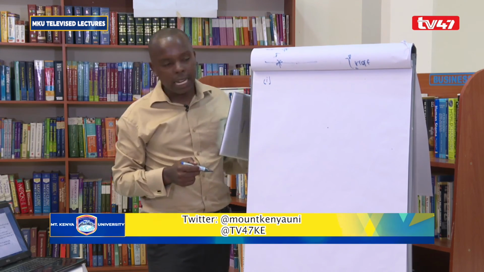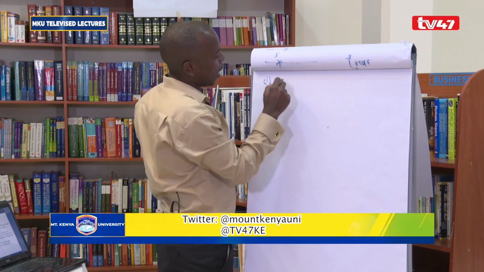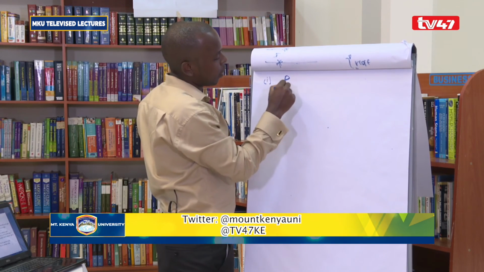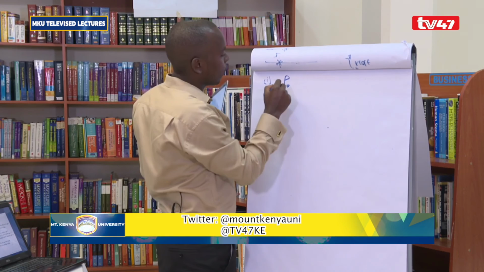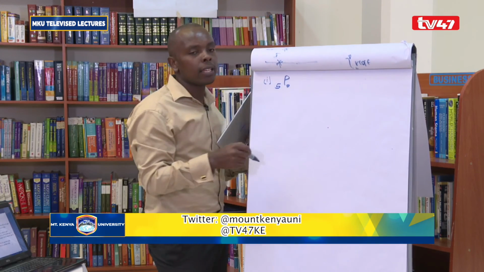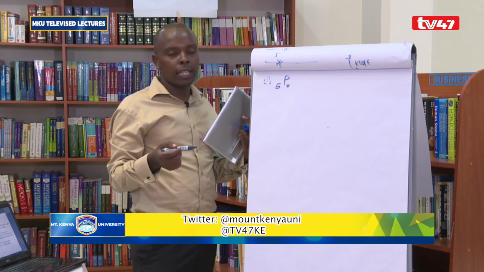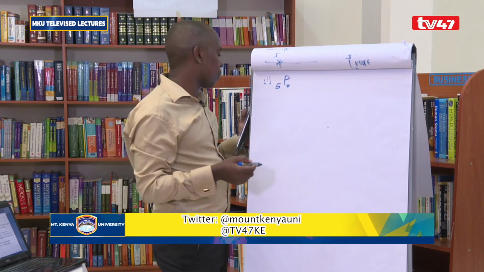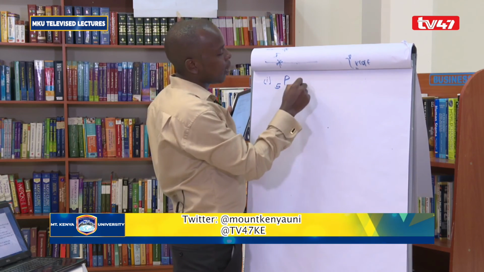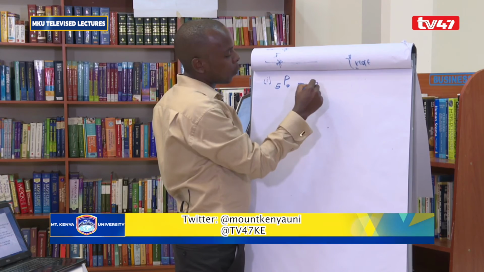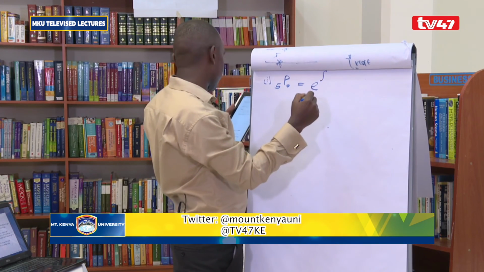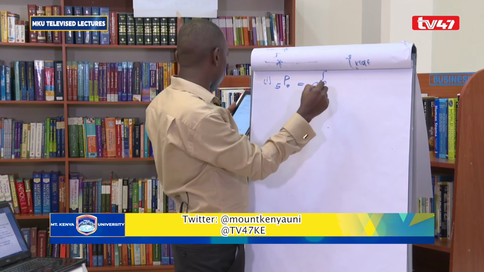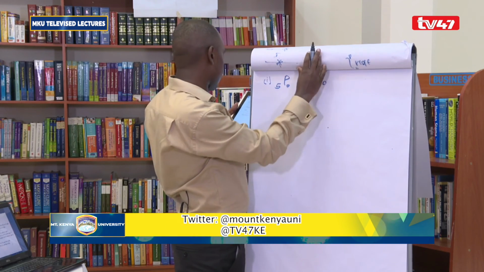This is a life aged 0 surviving to age 5. Note that P denotes the probability of survival, whereas we said that Q will denote the probability of death. So this will be given by exponential, and then we have the negative integral from 0 to 5